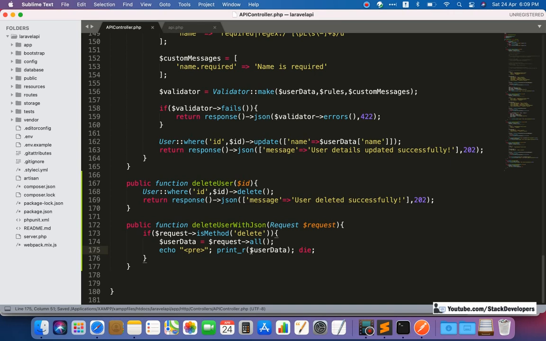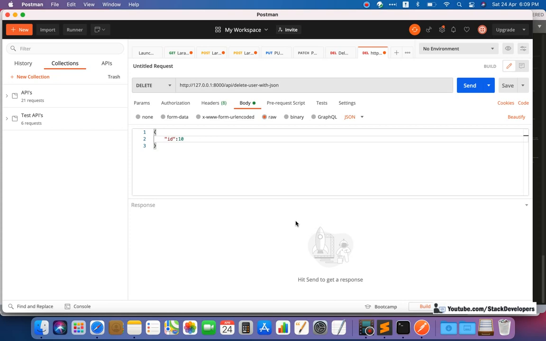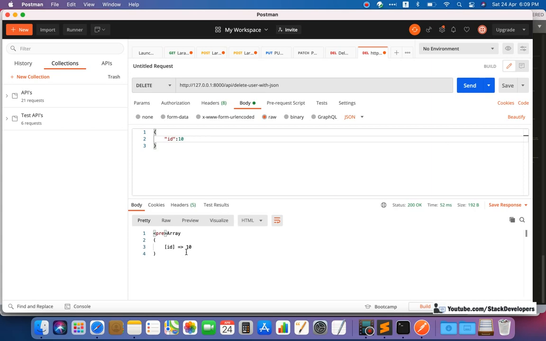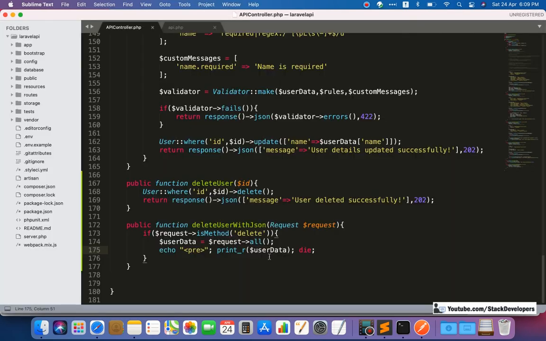Now we are going to check by clicking on this one. Here data is coming, the 10th ID is coming there. Let's click and see the 10th ID is coming in an array. So the delete API is working fine and we are getting the data. The only thing we need to do is delete the user.